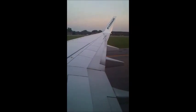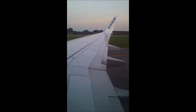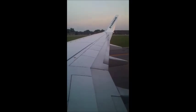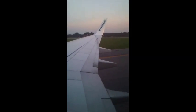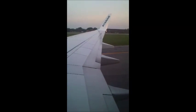Ladies and gentlemen, welcome on board this Ryanair flight. May we have your complete attention while we point out some of the safety features on board this Boeing 737-800 aircraft. Please ensure that headphones are removed for the duration of this demonstration. There are 8 emergency exits, each of which is marked with a red exit sign. Floor path markings running along the cabin wall will illuminate in darkness and will guide you to the nearest exit